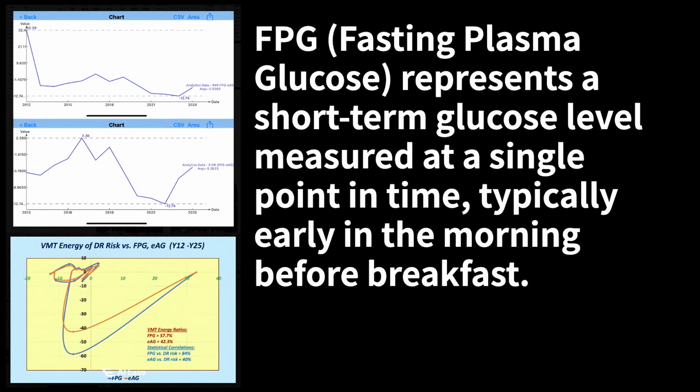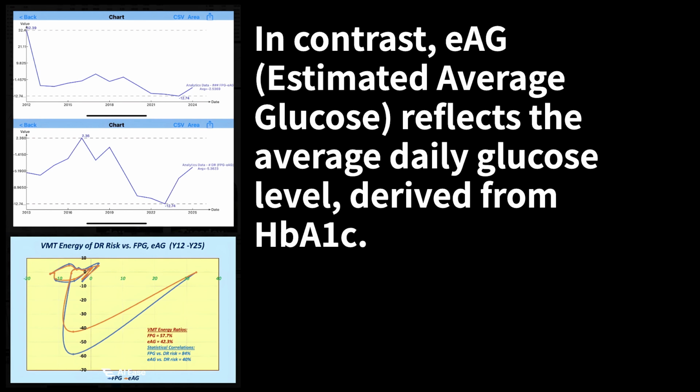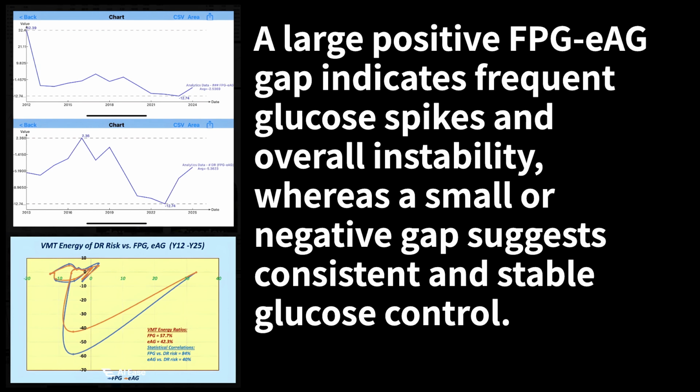FPG, fasting plasma glucose, represents a short-term glucose level measured at a single point in time, typically early in the morning before breakfast. In contrast, eAG, estimated average glucose, reflects the average daily glucose level, derived from HbA1c. A large positive FPG-eAG gap indicates frequent glucose spikes and overall instability, whereas a small or negative gap suggests consistent